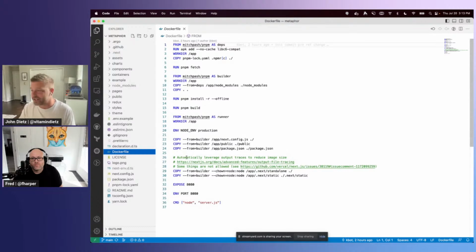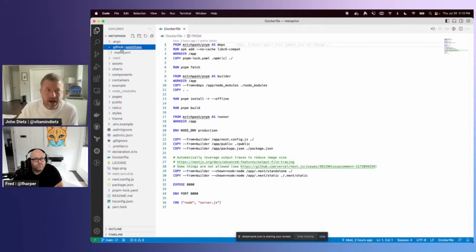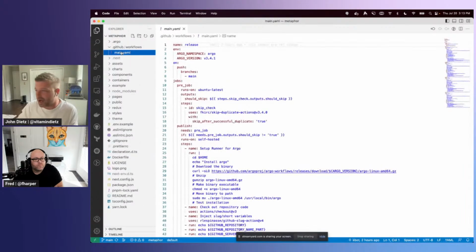Now, this particular Docker file is a multi-stage build process. So it shows you that process of building everything and then just taking the output of the build and moving it to a slimmer container so that you can have the smallest surface area on the application runtime. But in any event, the Docker file, you will have to tailor for your application's individual build and start instructions. Now, beyond that, we have a GitHub workflows folder.